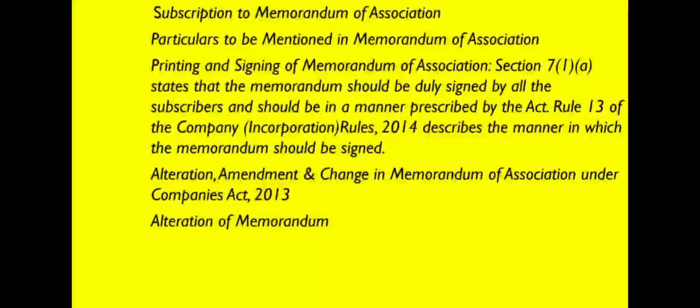Second, if the person subscribing to the document is illiterate, he can either authorize an agent to sign the document through power of attorney, or he can put his thumb impression on the column for signatures. The person's name, address, occupation, and the number of shares he is subscribing to should be written by a person who has been allowed to write for him. The person who is writing for the illiterate person should read and explain the contents of the document to the illiterate person.